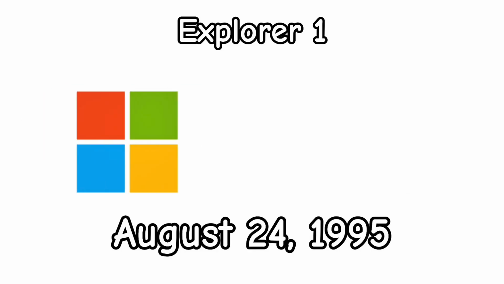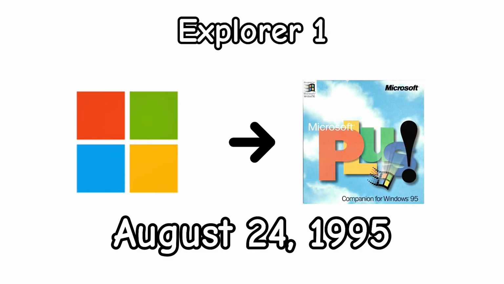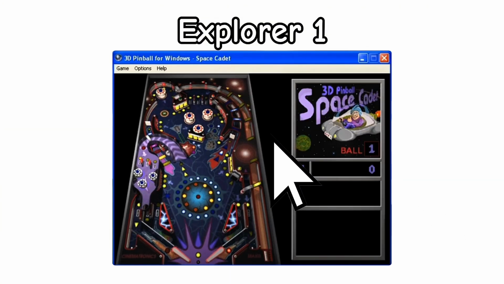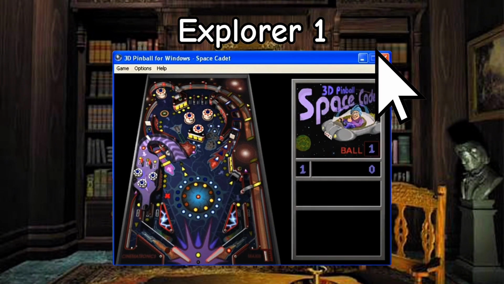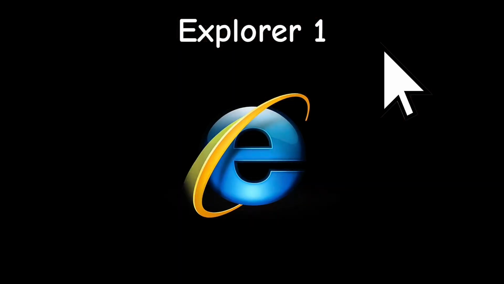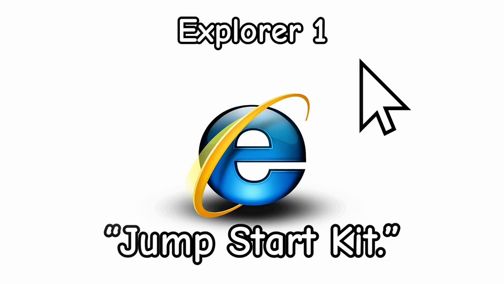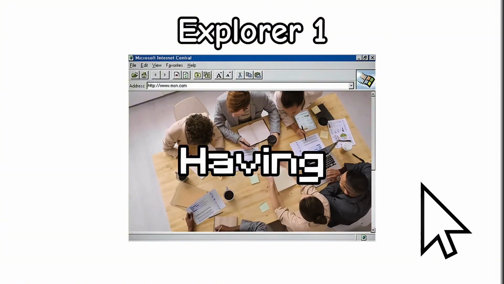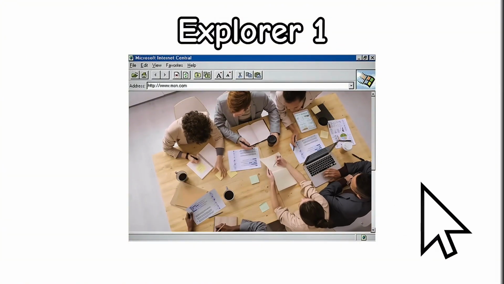It originally came with the purchase of Microsoft Plus for Windows 95, with cool features like 3D Pinball and desktop themes. Internet Explorer was originally a jumpstart kit, getting yourself into the web. Having this in mind, Internet Explorer was small, having around 6 people when it first began in early development, and